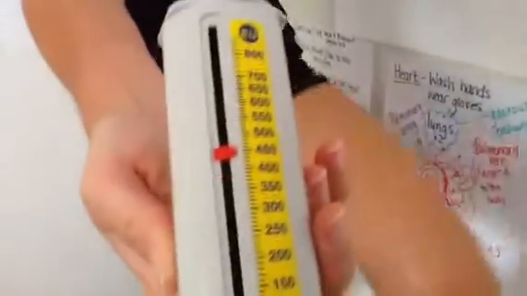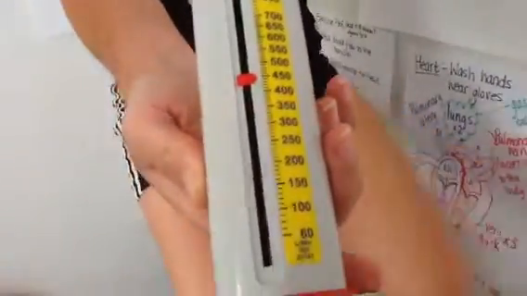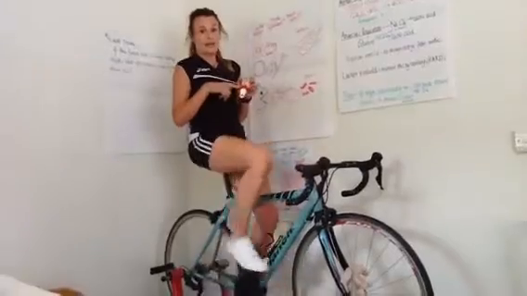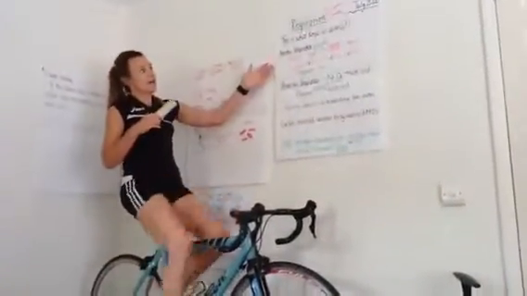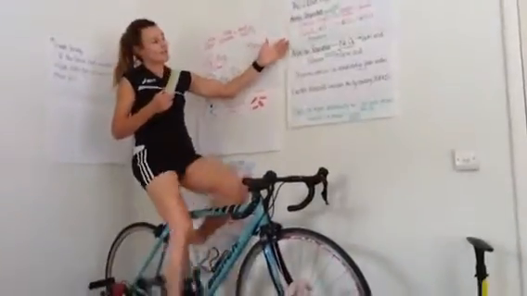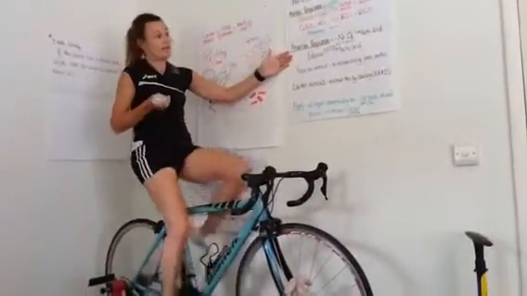Now if you look at that, it's gone up to about 450, which is pretty good. I'm reasonably fit and healthy. I haven't got anything that would affect my lungs, like asthma. If I was asthmatic, I'd have a reduced peak flow, so I'd have less oxygen going into my body. So I'd be able to respire less aerobically, so I'd have to start anaerobic respiration quicker to get the same